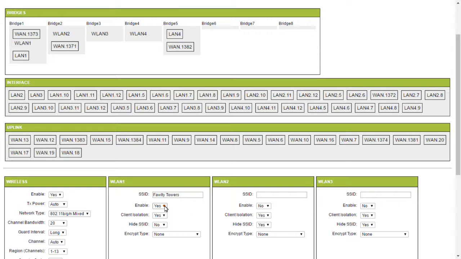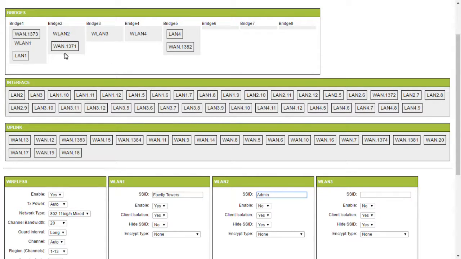And this WLAN is enabled, and we have client isolation on it, and the SSID is visible, and currently we've got it set to no encryption. And we can choose a different encryption type if we want. WLAN 2, we've decided was going to be our admin network,